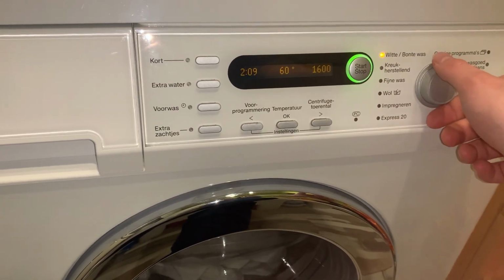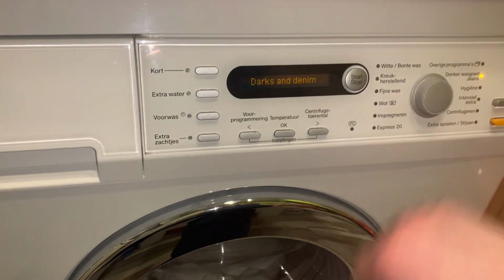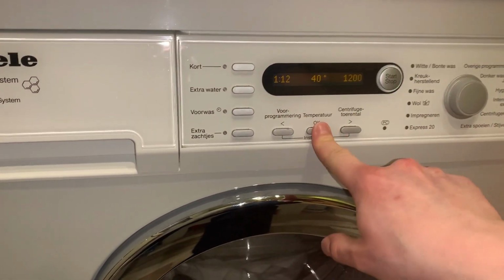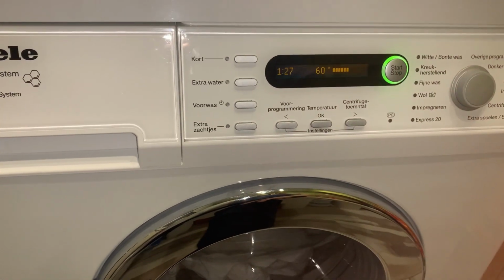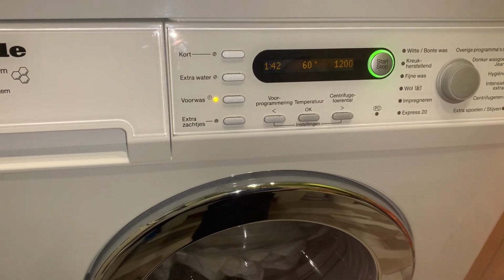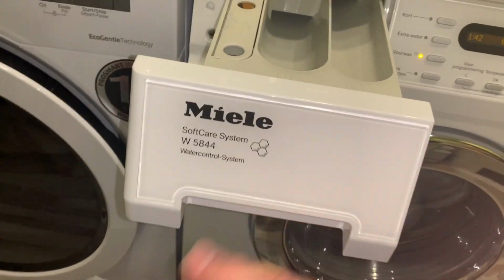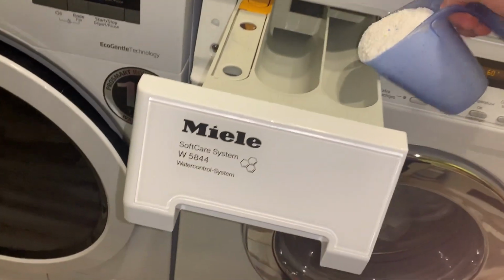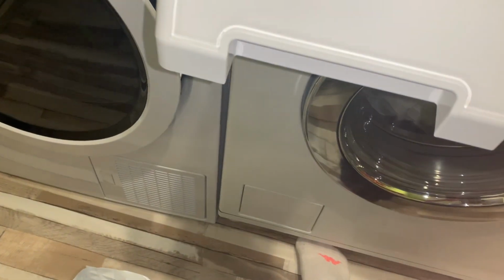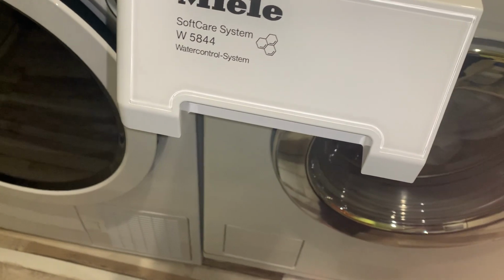I am thinking of a program I should use. I think I will go with the classical one, you know, 60 degrees has to be anyway. And I am also going for pre-wash, because all of my neighbors are doing that. So I am going to add just a little bit of powder into the pre-wash compartment, because the pre-wash uses